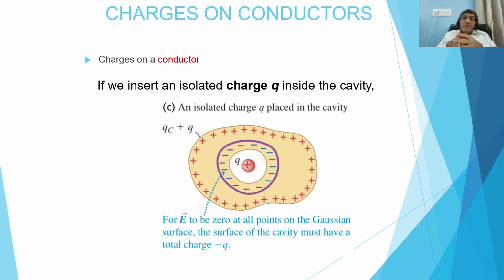If we create a cavity inside the conductor and put a positive charge, then what will happen? This charge attracts the negative charges. This is a natural phenomenon. The positive charge attracts the negative charge. If this cavity has a negative charge, then it attracts the positive charge. But for the particular picture in this PPT, we have a positive charge inside the cavity, and this attracts the negative charge of the conductor, and the residual positive charge resides on the surface.